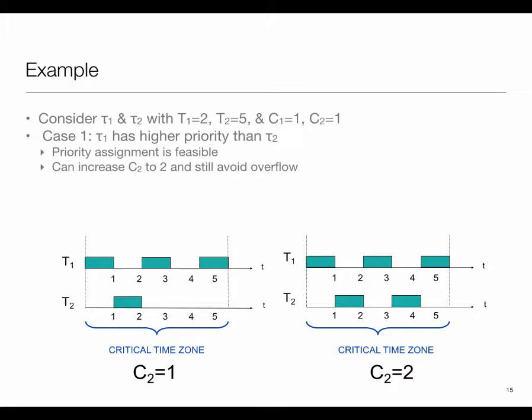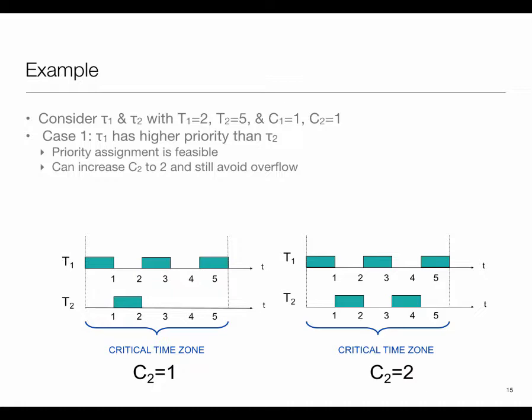Task 2 is the more important one. Task 2 is coming every 5 time units, T2 equal to 5, but it needs only 1 unit of computation time. And in this case, you can see that the critical instant of task 2 is when it came at the same time that a copy of task 1 came. So task 1 gets priority. At t equal to 1, task 2 starts running and it gets this 1 unit of time. So deadline met.